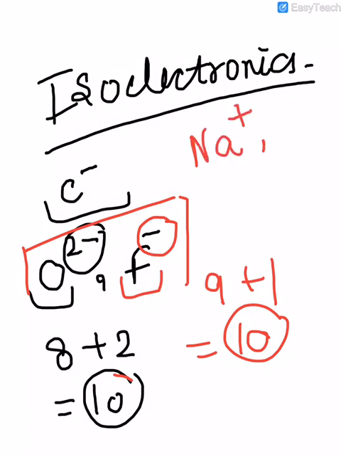Also sodium having 1 positive charge, magnesium having 2 positive charge, aluminium having 3 positive charge, nitrogen having 3 negative charge. So these all are isoelectronic species. So the elements having the same number of electrons are known as isoelectronics. On the basis of the above discussion, that is what isotopes, isobars, isotones, isoelectronics are, we can calculate many problems as given in our books. So you can calculate it, right, and if there is any query you can ask.